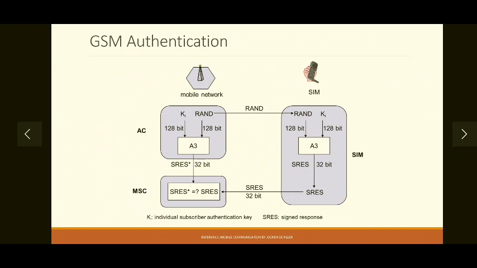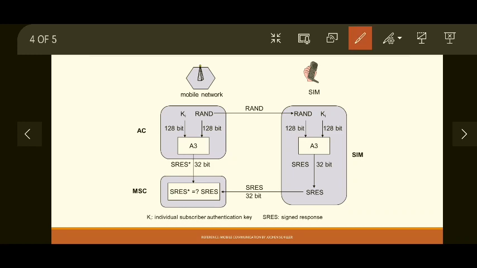As you can see on your screen, there is an entire mechanism shown over here. This is a mobile network which provides you the service, and this is a user of this particular network. Now as I said, authentication center or access control stores the list of keys for all users which are part of this network. This KI is taken from the list of keys which are currently registered on this network.